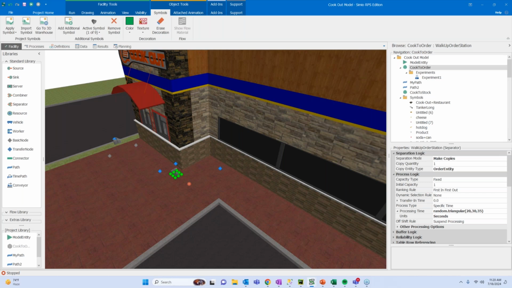Now the next layer of this hierarchy is that each customer is going to have a unique order. Not every customer is going to want the same combination. And you'll see in some of these combos, they can be rather aggressive for the lunch hour, to have cheese bites and milkshakes all before noon. I know that's probably not a day-to-day thing, but ultimately, when they go to the separator, they're going to go and, for 20 to 35 seconds, again a rather arbitrary processing time, do their order.